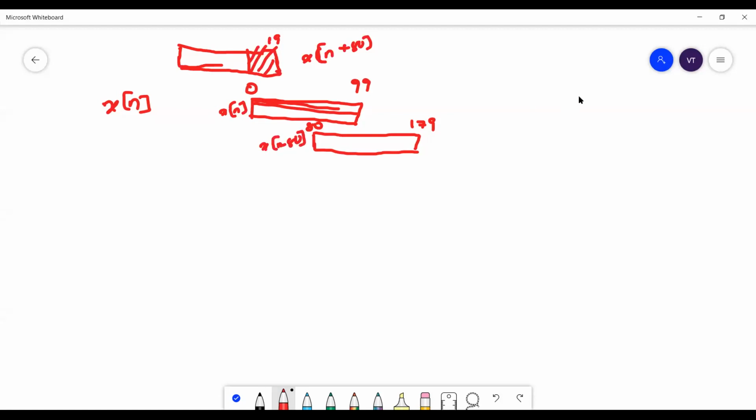So we were talking of this periodic expression, the sum over r from minus infinity to plus infinity of x of n minus r into 80. So if you add this, what you are going to get is this only unique sequence. So what is the unique sequence that you have? This is the only unique sequence that you have. Right? Do you understand?